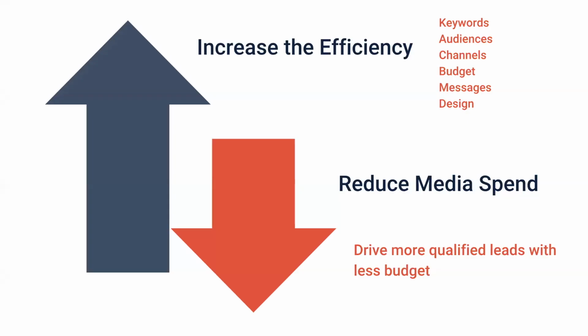So the goal, we kind of just went over it, but the goal of having proper tracking and analytics is really twofold. It's one, to increase the efficiency of your marketing campaign. In practice, what that looks like is increasing those conversion rates by stage, right? So increasing that website visitor to lead conversion rate, that lead to qualified lead conversion rate, and then eventually that qualified lead to tour and application conversion rate.